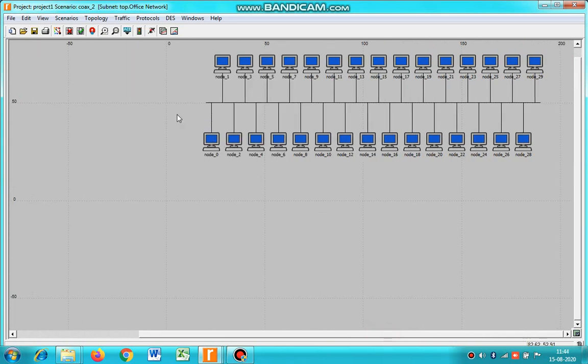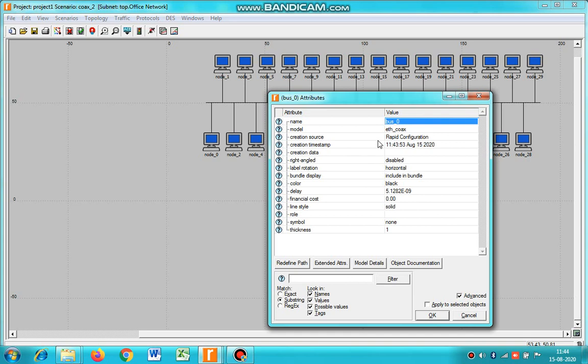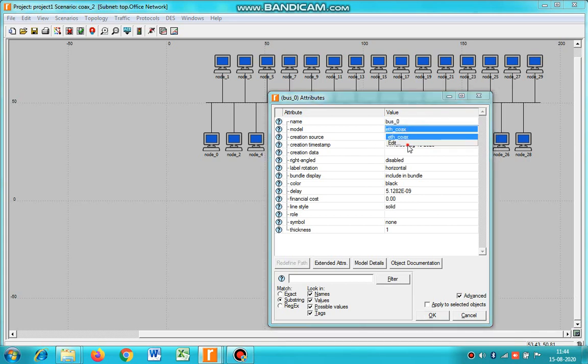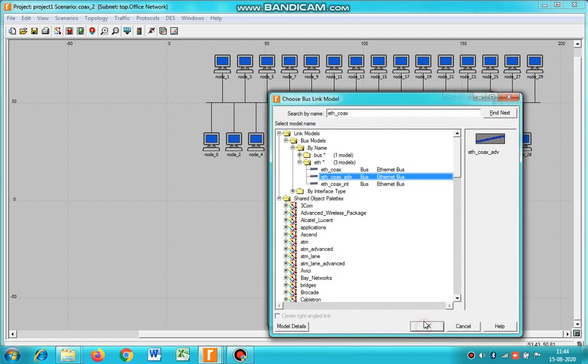And then you see this horizontal line here. Just right click on that horizontal line here, right click, edit attributes, select the advanced one. So model, you have to keep this advanced, ETH underscore coax underscore advanced.